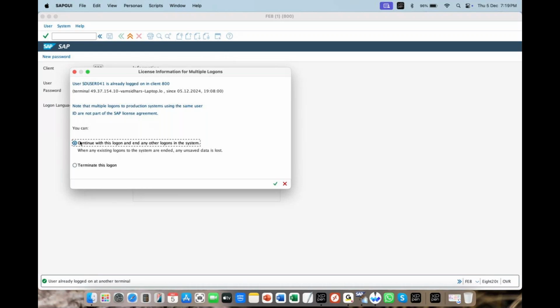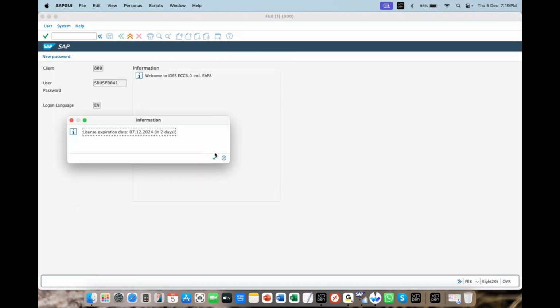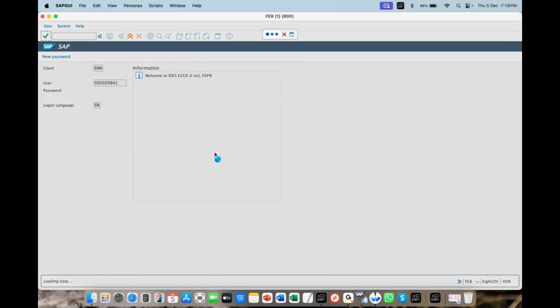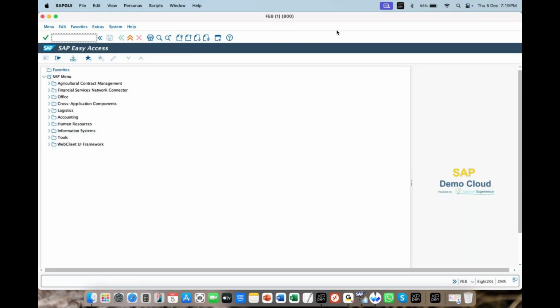Again you log in with your user. Again you go to the same screen. It may be visible only in display mode. So when you see the screen only in display mode, that means it is being used by somebody in the backend.